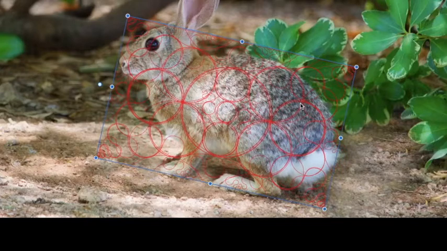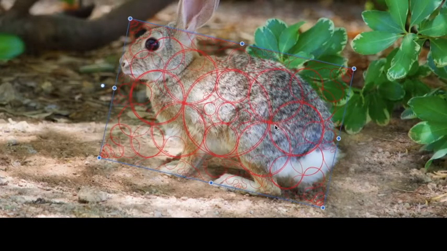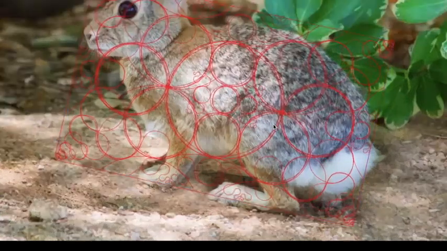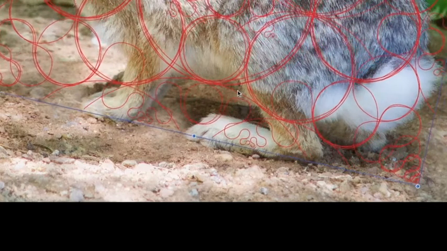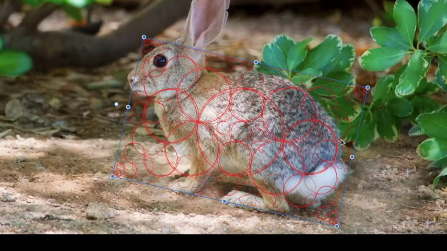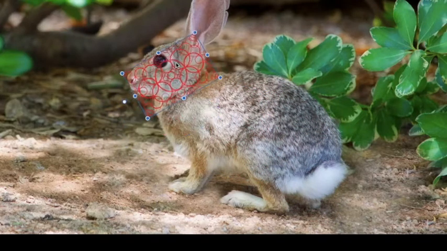So again, if that's the length of the rabbit, should just square like that. What I want to do is move this back so that this arc sort of encompasses both feet. It's kind of neat. Yeah, but it's ultimately not going to do a whole lot here. If we go to the head,